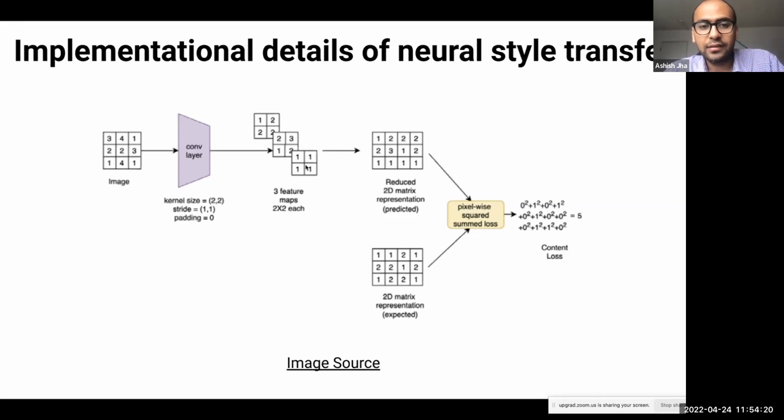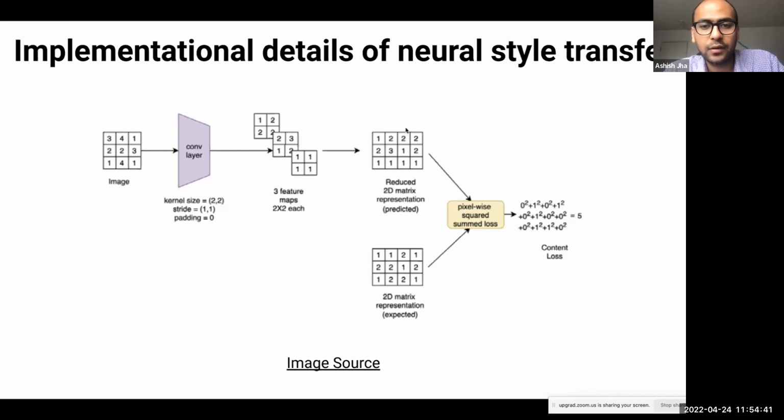Once we have these three feature maps, we flatten each of them individually into a one dimensional vector. So this 1 2 2 2 becomes 1 2 2 2, 2 3 1 2 becomes 2 3 1 2, and 1 1 1 1 becomes 1 1 1 1.